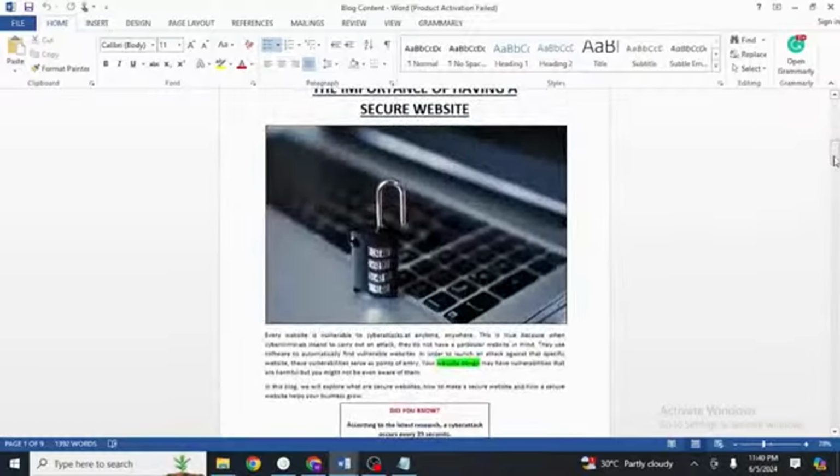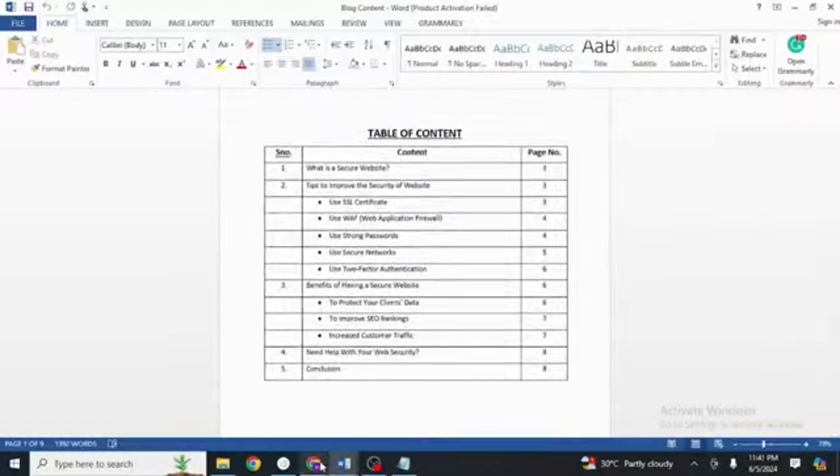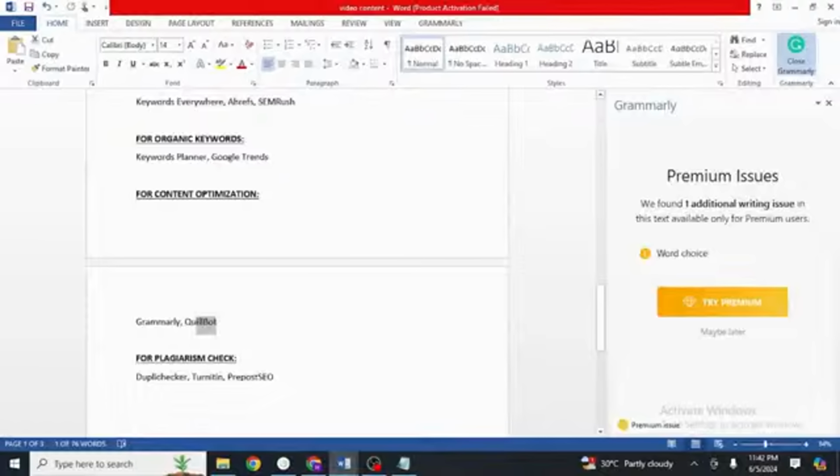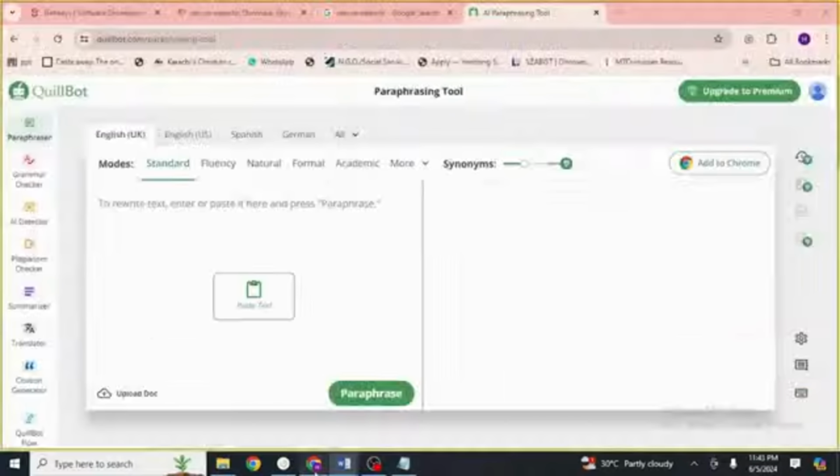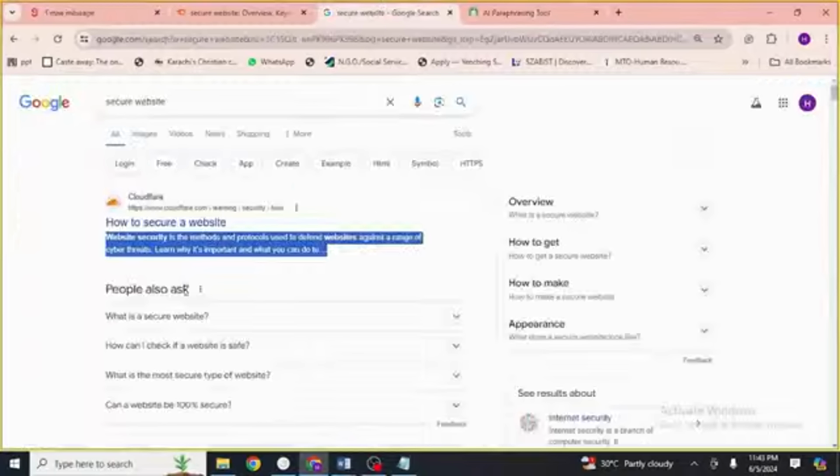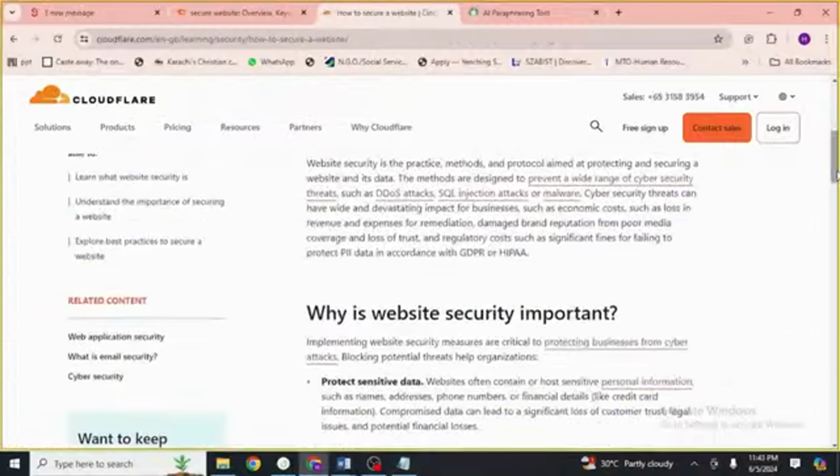And then for content optimization, we can use multiple tools like Quillbot. Quillbot is a free tool for paraphrasing. Let's say in the case of copywriting, you can just copy your content here. Let's say I'm writing a simple piece of content.